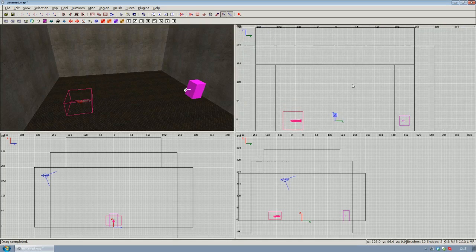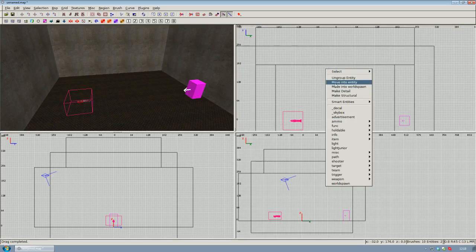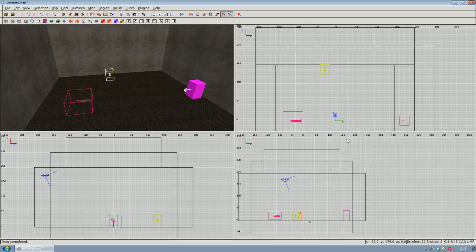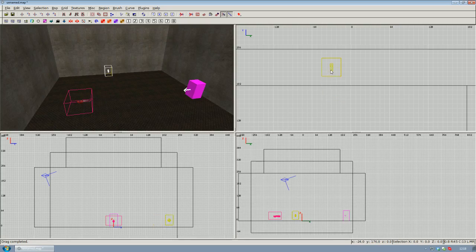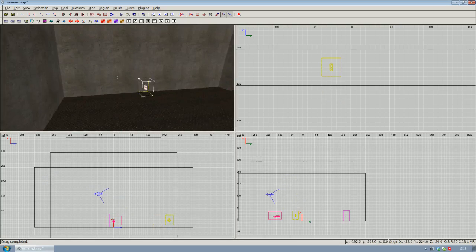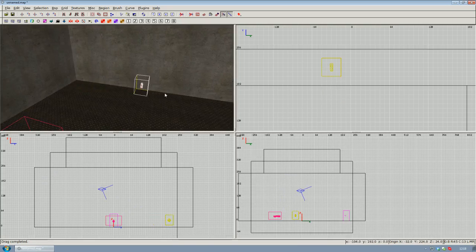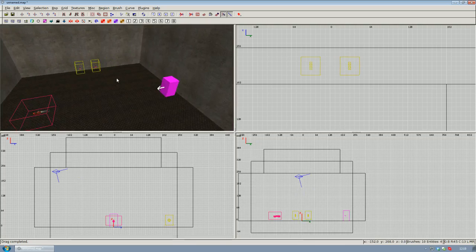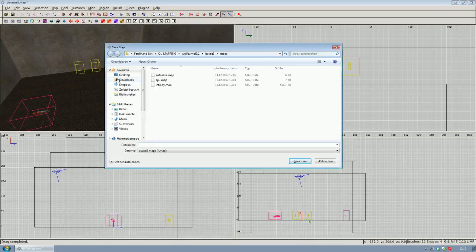The same thing works for health entities. Health entities are in the item submenu. When you right click and then open the entity menu, go to item and select item health, which would be a 25 HP health bubble. So if you want to place another health entity now, you can just, like for brushes, duplicate it using the space key. So if you press space, you are going to have another one. Alright, so much for